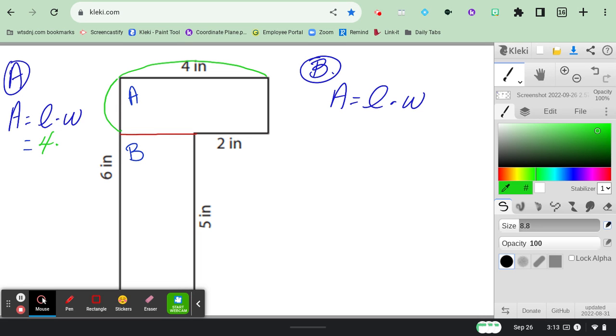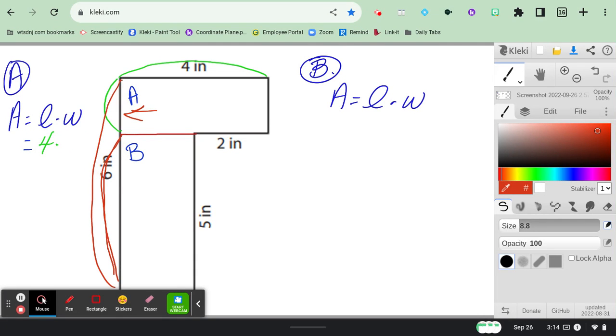So what I'm going to do is I'm going to look at this entire side, and I know that this entire side is 6 inches. I also know that just this piece is 5 inches. So if the entire thing is 6 inches and this piece is 5 inches, I know that my width here